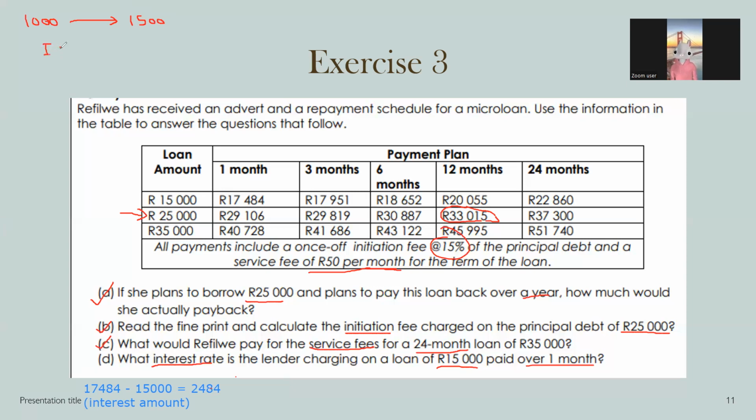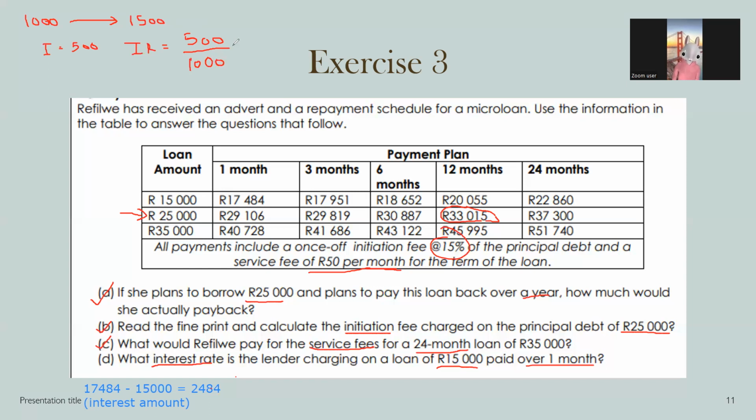So the interest amount is 500 rand. But what is the interest rate? So to get the interest rate, all that you do is you take the interest amount and you divide it by the original loan amount,